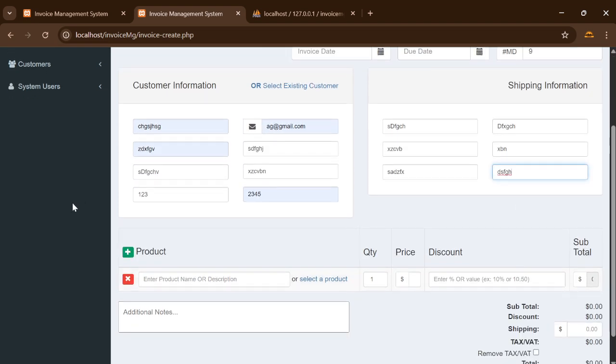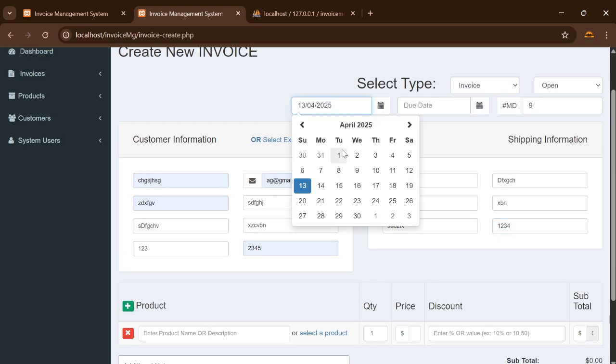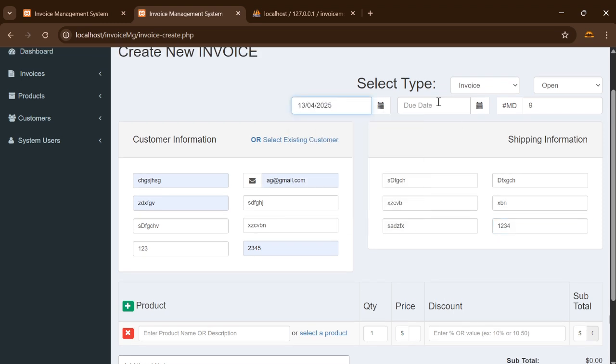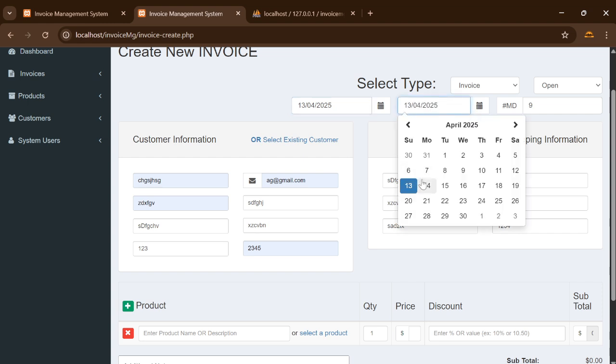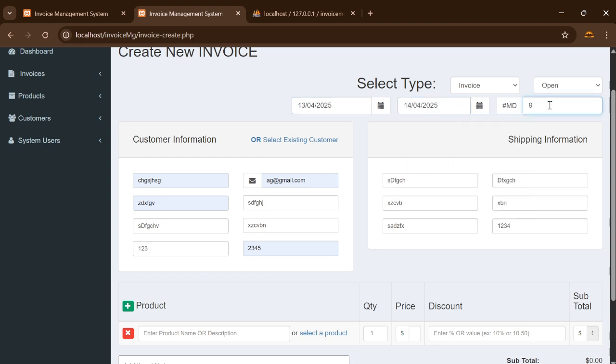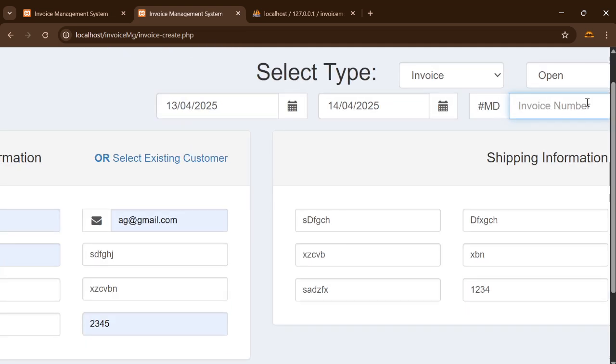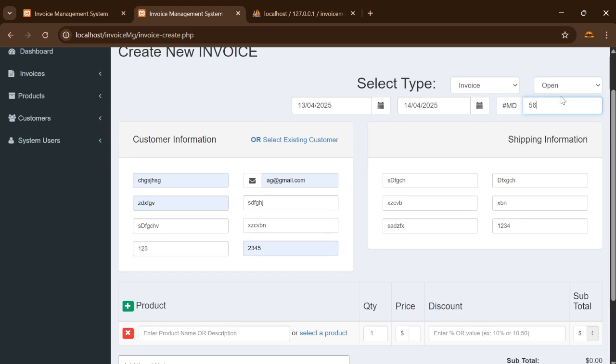pin code, in numeric, and also dates, invoice date, and due date. Here we can open or close the invoice like this, and also the invoice number like 15, 20, anything. Open and close the invoice, like paid, and these are the invoice, quote and receipt features. We can choose any of them,